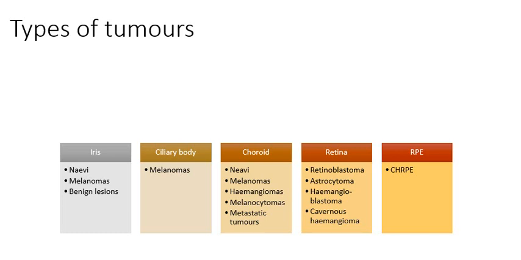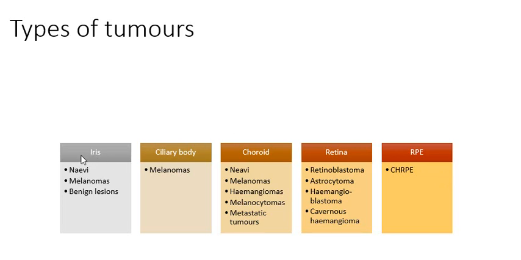Okay, so we're coming to the end of this presentation on tumours, and let's just go back and have a look at them again. So tumours can occur in the iris, ciliary body, the choroid, the retina, and the retinal pigment epithelium. Of all these tumours, it's a good idea for you to have a good understanding of the differential diagnosis, particularly